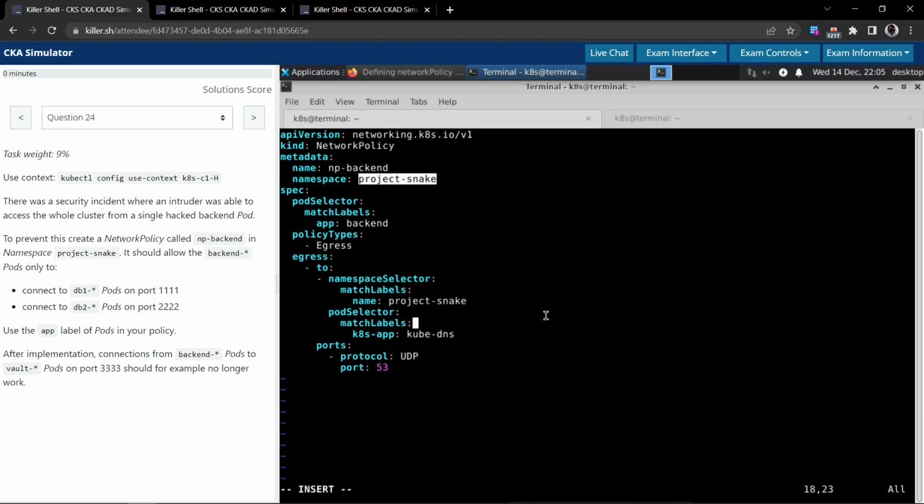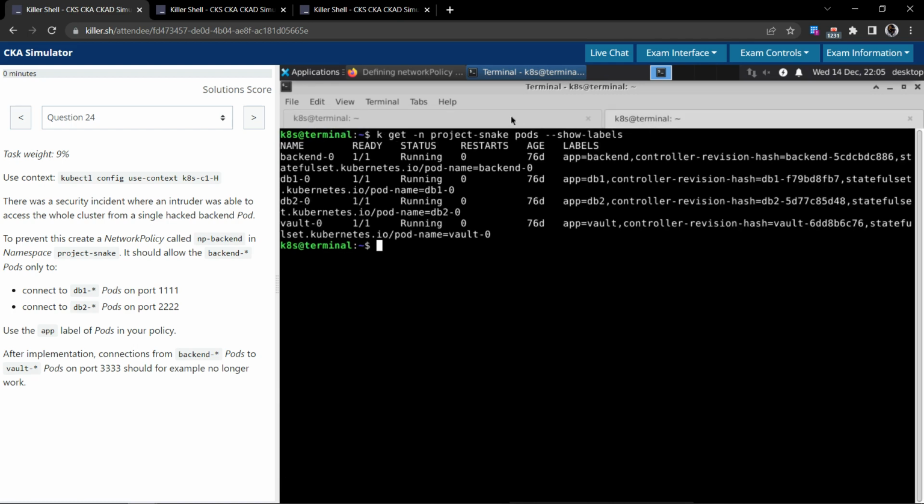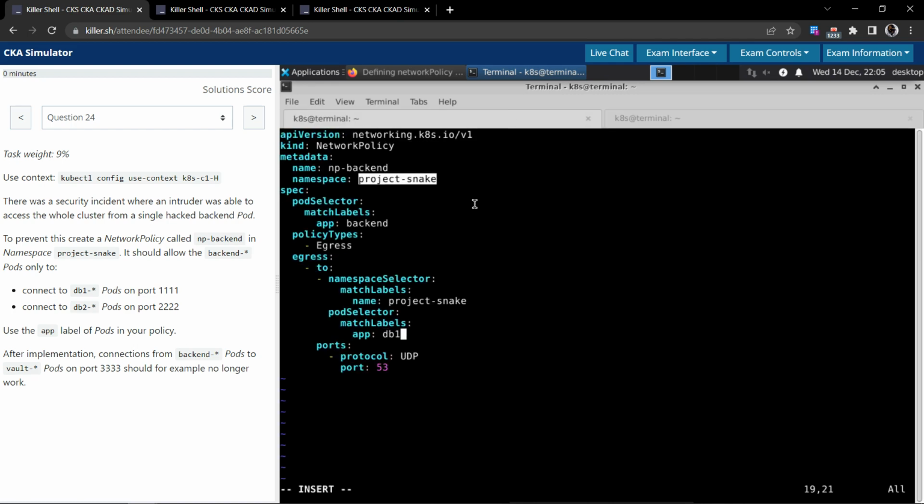Pod selector, matched labels. So the communication from the pod that has the label app db1, I suppose. Yeah, db1